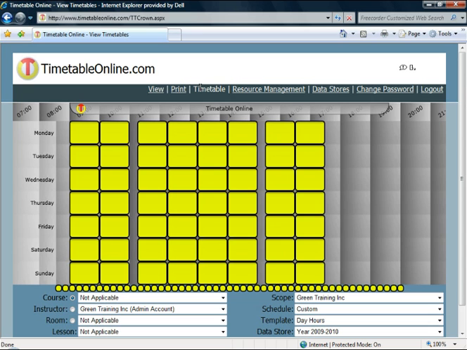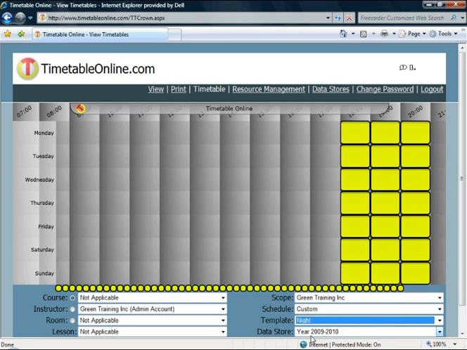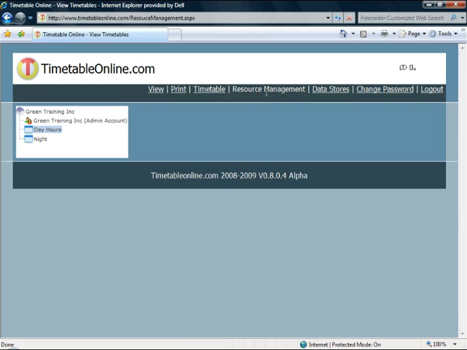Now on the timetable interface, you can see that all of the day slots have been added in as timetable zones on the interface. Also note at the bottom of the interface we can change from day hours to night hours. Now let's go back to the resource management and look at the next thing, which is going to be